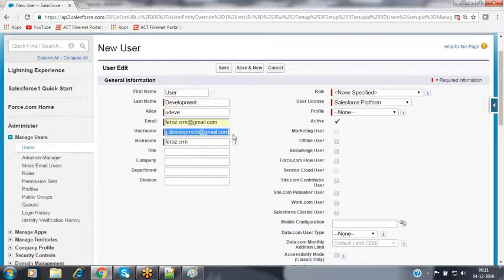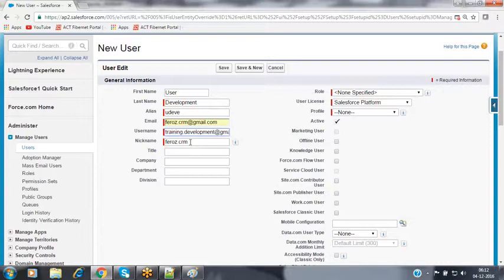Already we have discussed, while creating the Salesforce account also, that each and every user's username should be in an email ID format. So this is the username which that person has to use to log in to his account. Here we have entered the username as the training.development user.